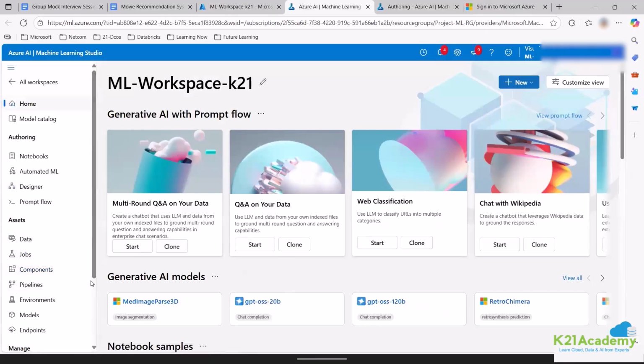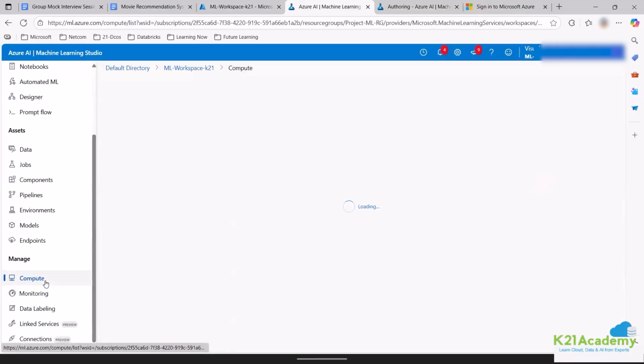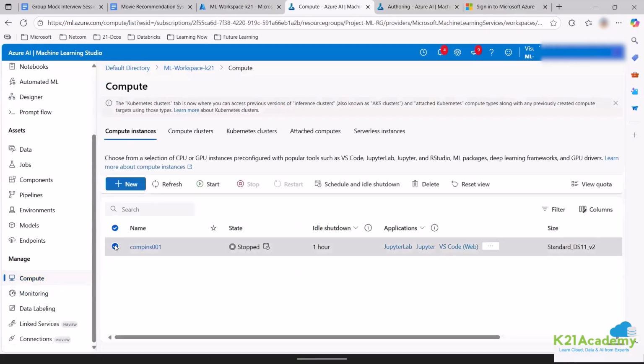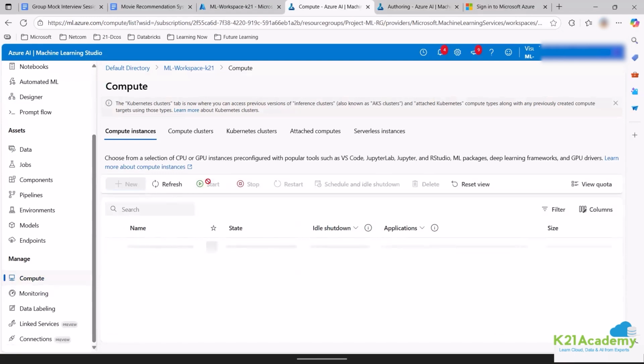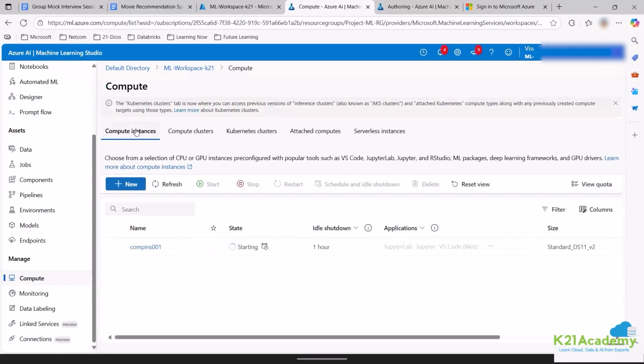So now on the left side, there is something called compute. I'll go to the compute. I'll select this compute and I'll start this compute. Again, there is a whole lot of session. 40 hours we have, 32 hours to learn all this right now. To run the job, we need a compute. So I'm just starting a compute